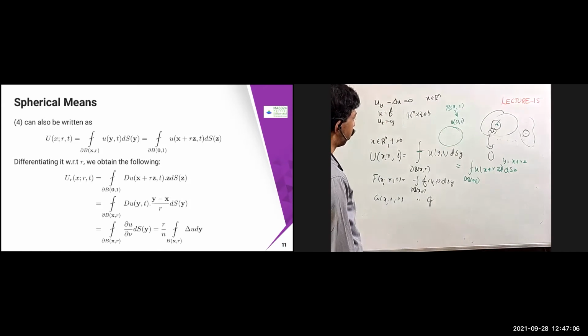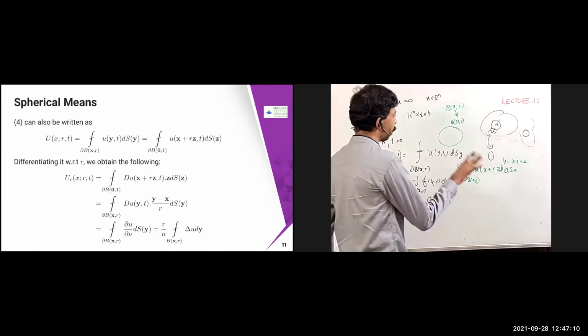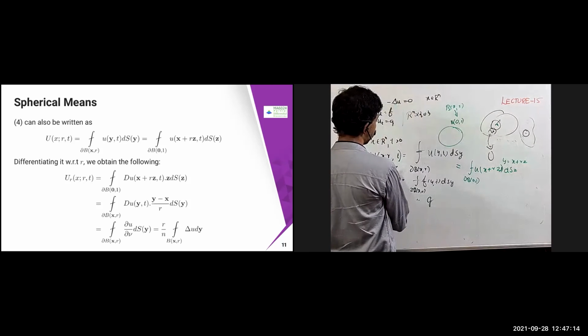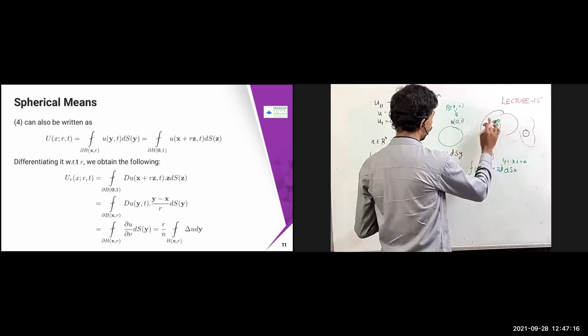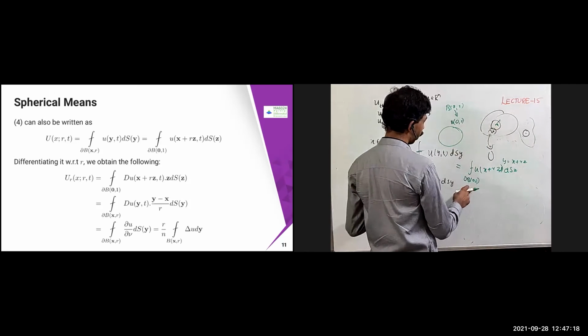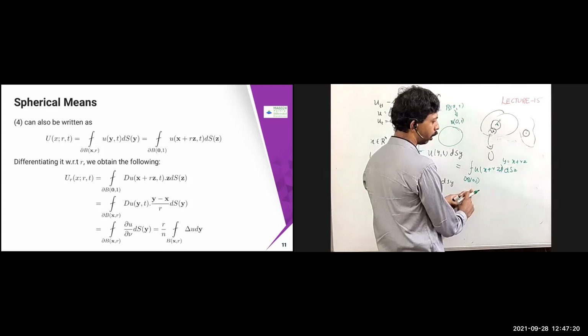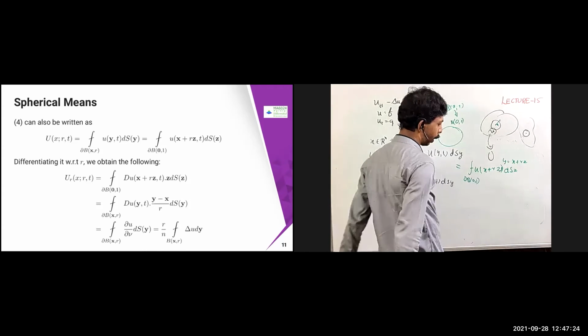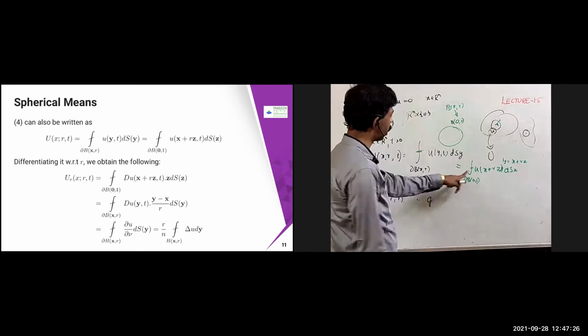Fine. So this is the transformation I have, y equals x plus rz, set. Now I made my problem very simple. Generally I had this one, now I introduced this one, that is going to be solved on B of x comma r. Now that also I am further simplifying into B of 0 comma 1. So hereafter mostly I'll be solving B of 0 comma 1, and then I can obtain that. So this is nothing but my u.